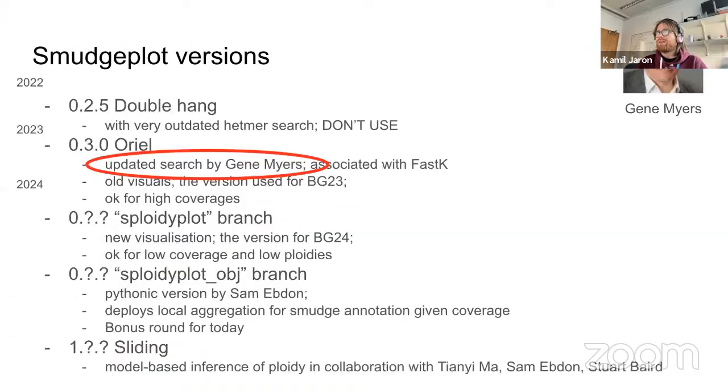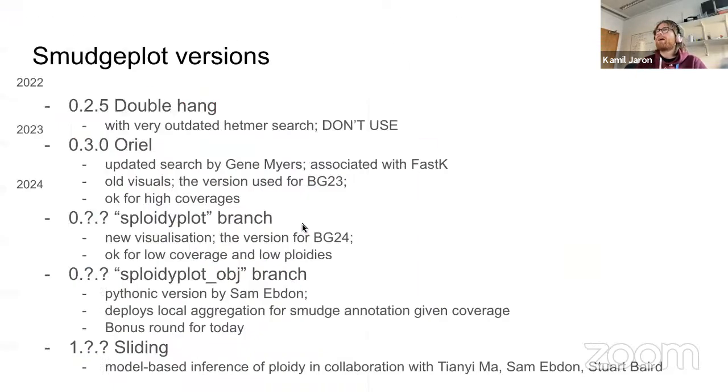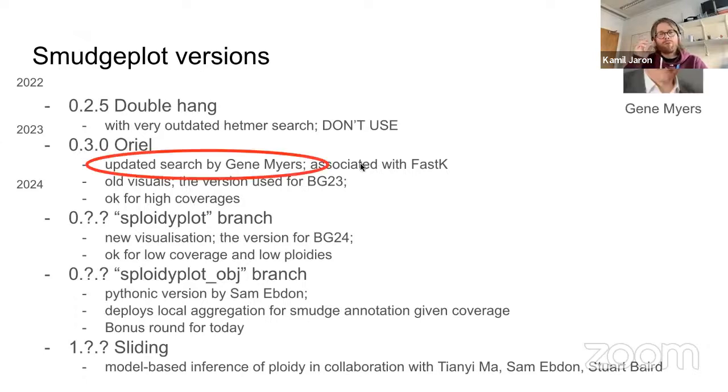So, oh no, why do I do that? Yeah. So I will walk you through all the changes. The double hang is the one that is in all the publications. And the switch to Oriole is mostly a switch of the internal engine for inferring k-mer pairs. To most of the users, there will not be a very significant visual difference to what they will actually see in the plot. But the massive difference is that now it scales to any genome size, really any.